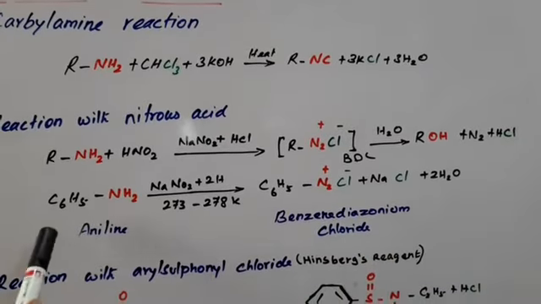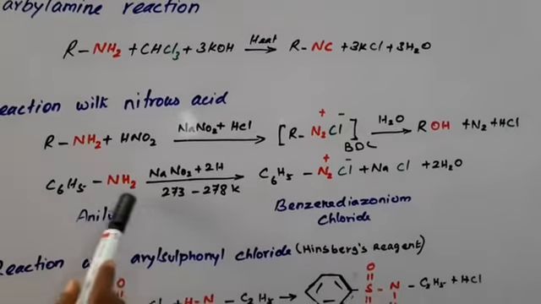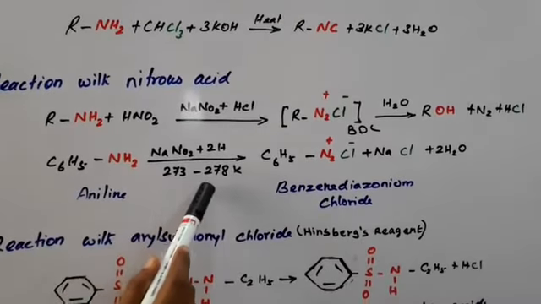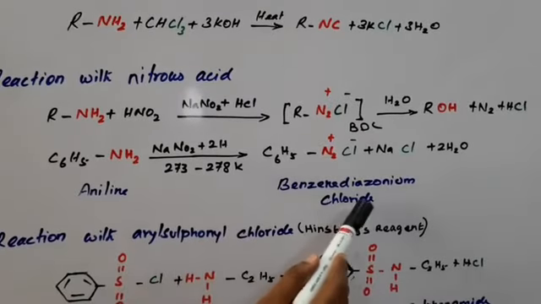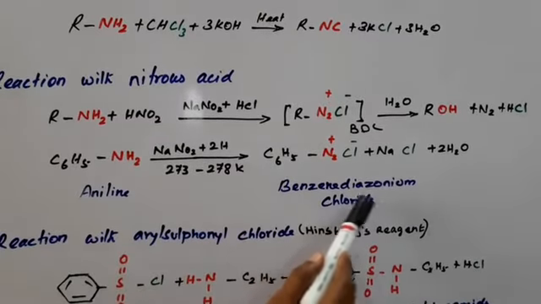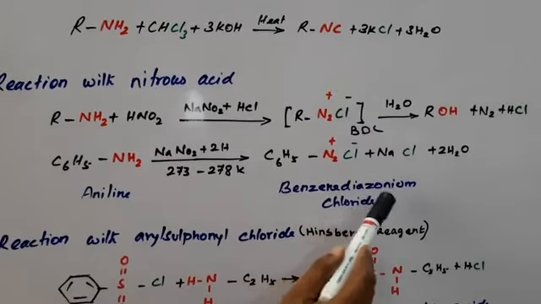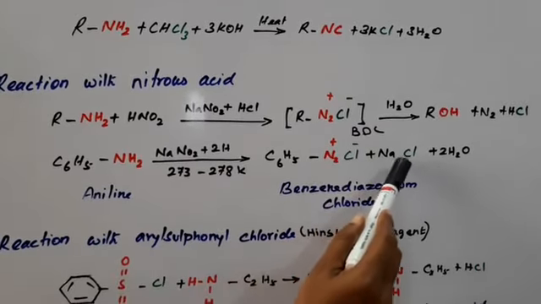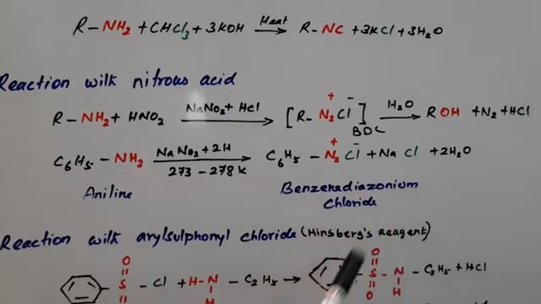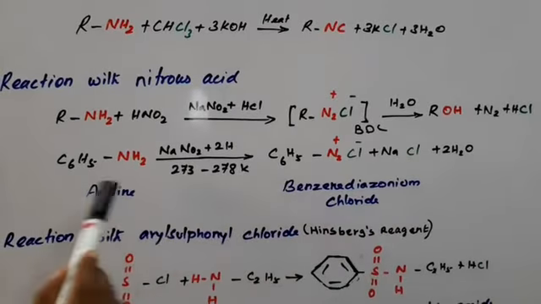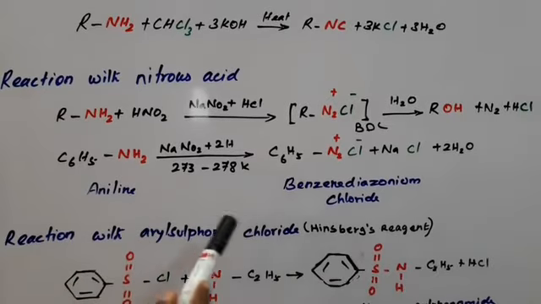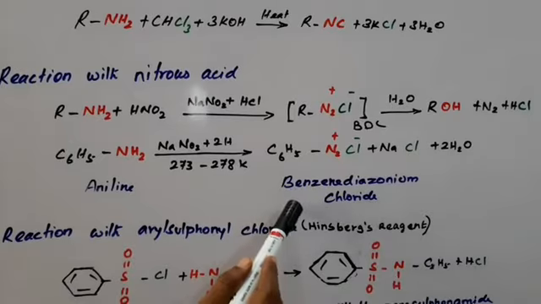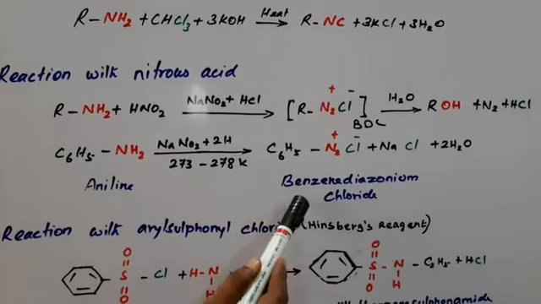Okay, right. So this is aniline. It is a very important reaction. Aniline reacts with the same nitrating mixture to form benzene diazonium chloride. Benzene diazonium compounds are somewhat colored compounds. It forms benzene diazonium chloride plus sodium chloride plus 2H2O. From this BDC we can get many products for the Sandmeyer test and the Gattermann test.